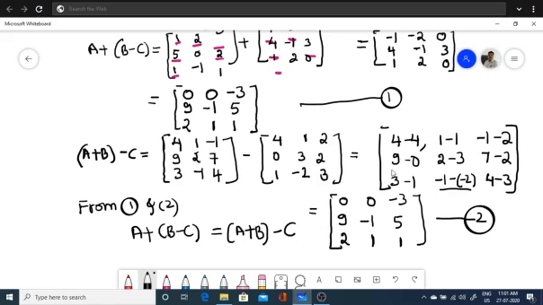This is the application of matrices. Application of matrices: how to add and how to subtract and how to